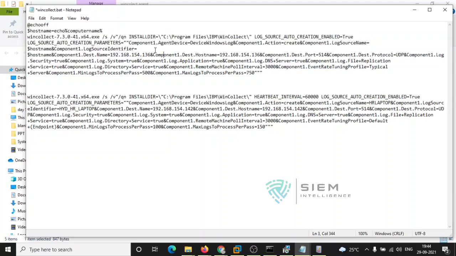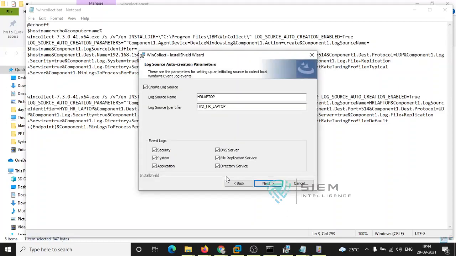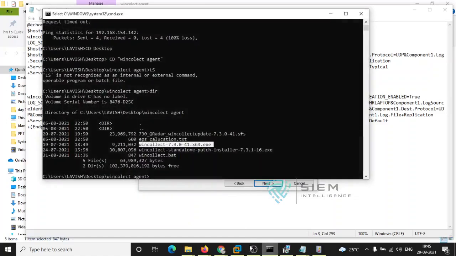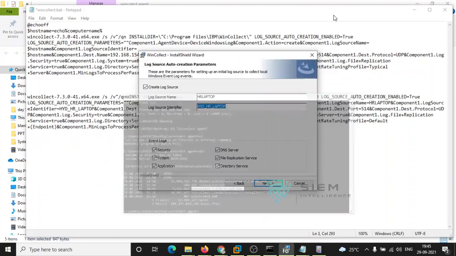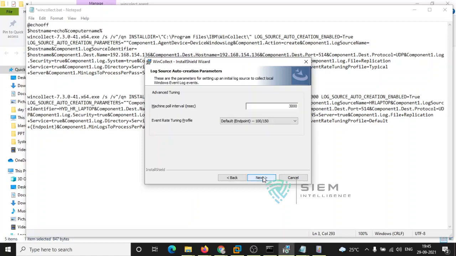Okay, there is nothing specific. I have taken one variable to understand some parameters. See, if you go back and see, what is the common variable factor over here? The variable factor is only one thing. What is my log source name and what is my log source identifier? It will always remain variable according to your different computers. Over here I am selecting the computer name. Whatever computer name there is, that will be my log source identifier. So this is one of the criteria. I just pasted it and I am using it as a multiple installation factor.